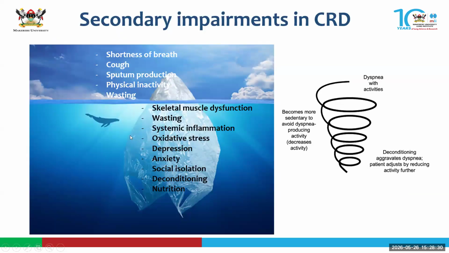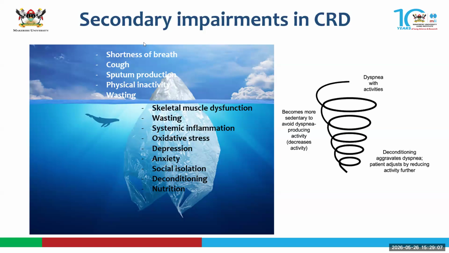This is basically a summary of what I've been talking about. What we see when a patient comes into hospital is that sometimes they'll have cough, shortness of breath, sputum production, physical inactivity, and wasting, especially in the severe cases or even in the later stages. Of course, you have probably appreciated already that bronchiectasis is permanent, and for some people it tends to be a bit aggressive, especially when there are other lung parenchymal defects that really affect oxygenation and overall worsen the